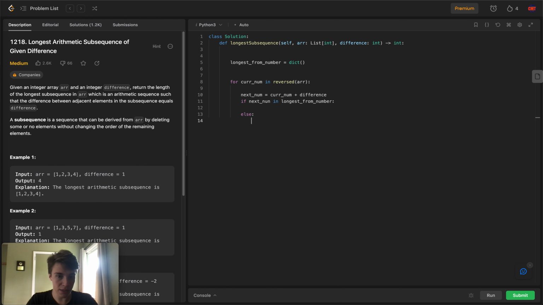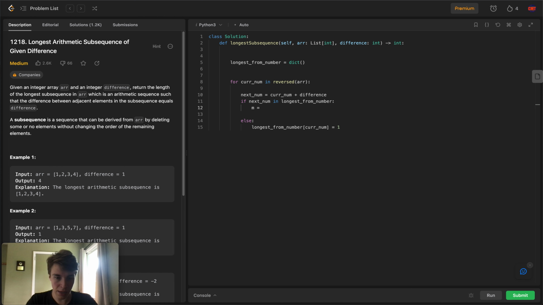But else, if it's not, then we just say that, hey, longest from number for our current number must be 1, right? But what do we do in the case where the next number actually does exist? Next num, spelled this wrong. Well, in the case that the next number does exist, 5, what we would do is probably,